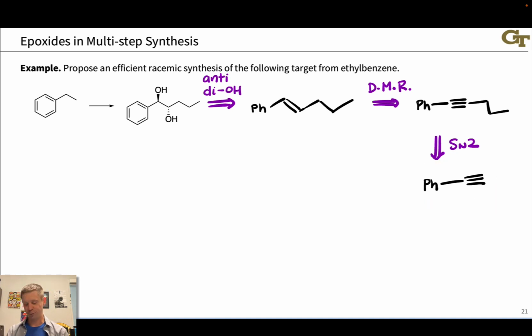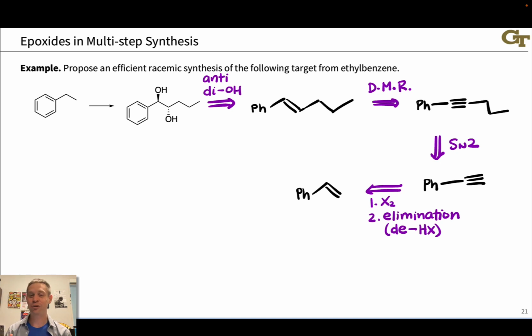Now, what remains is for us to work this alkyne backwards to the ethylbenzene starting material, and we can do this by imagining that we can make the alkyne via halogenation followed by elimination, a dehydrohalogenation process where we use base to eliminate HX from the dihalide product of X2 addition, and then the alkene can be worked backwards to this alkyl halide, where again the carbon-carbon double bond comes from elimination of HBr in this alkyl halide, benzylic bromide,